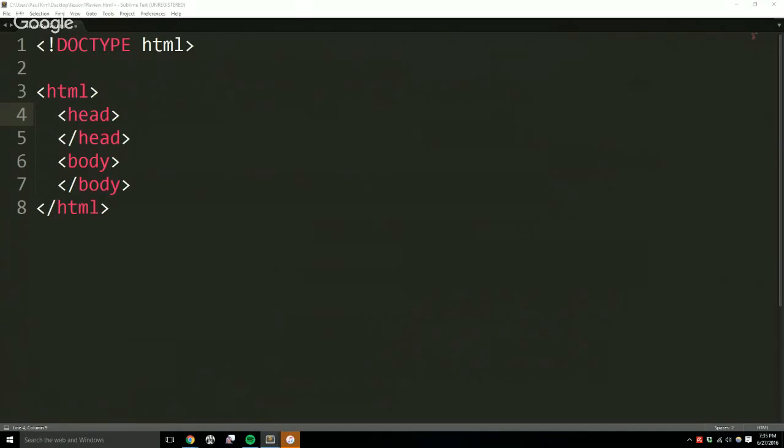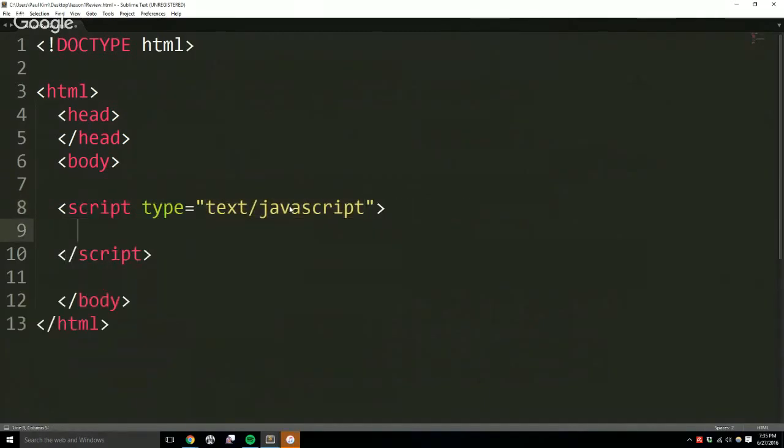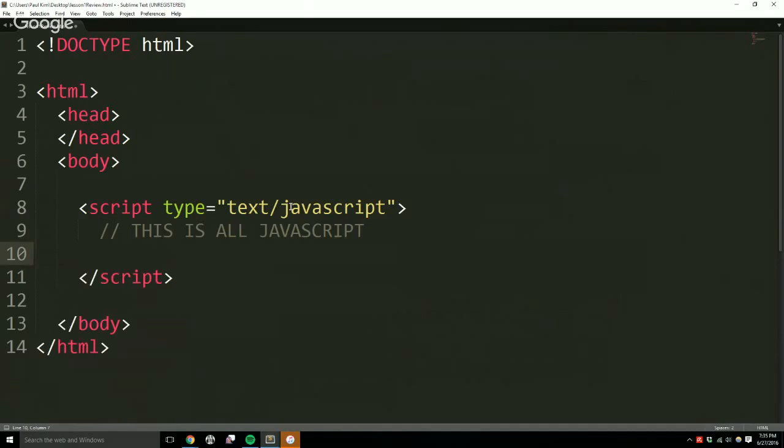The first thing that I kind of need to show everyone is what a function is before we can move forward. So let's say that I had a situation like this. I'm just going to create some JavaScript here. Okay, so I'm writing this is all JavaScript. Inside these two script tags is all valid JavaScript. Cool. Let's say that I wanted to do